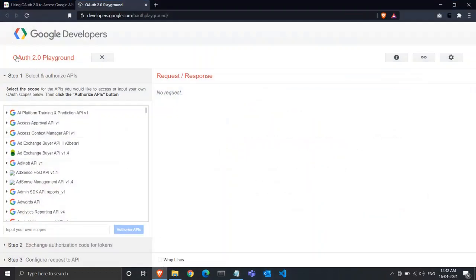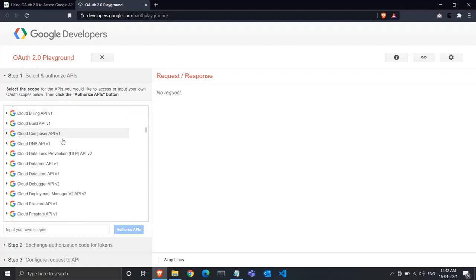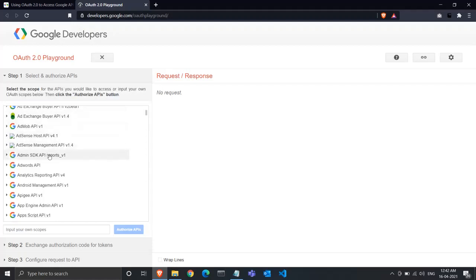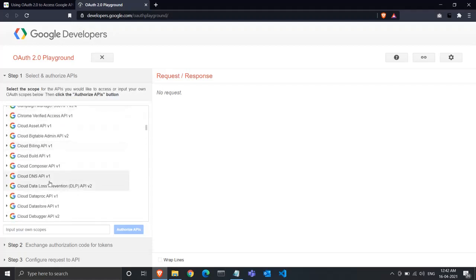So this is the OAuth 2 playground developed by Google, and in this we can get a hands on how the OAuth process works. So first we select the scope for the APIs that we would like to access, and these are the list of APIs that Google provides you.